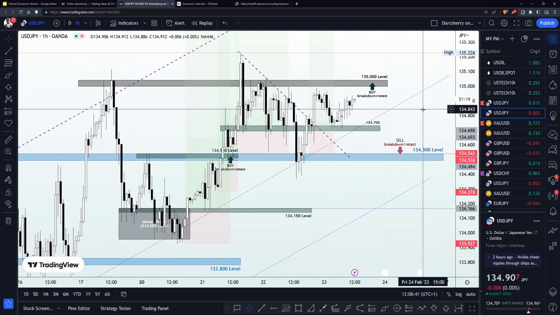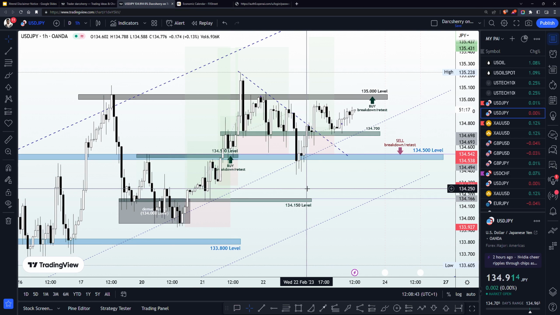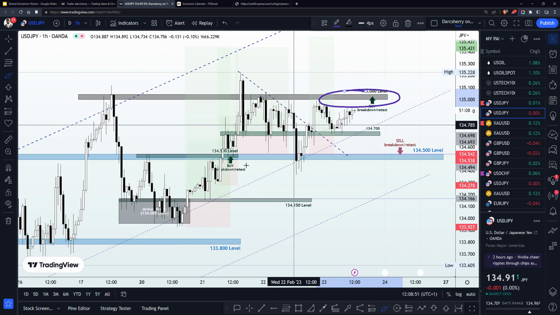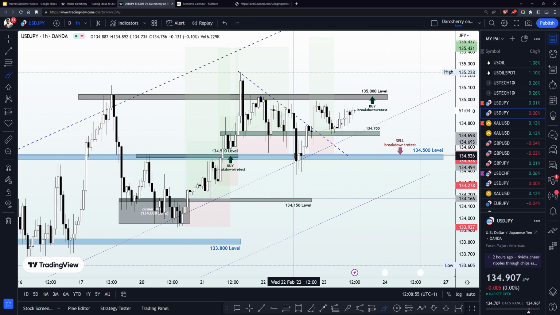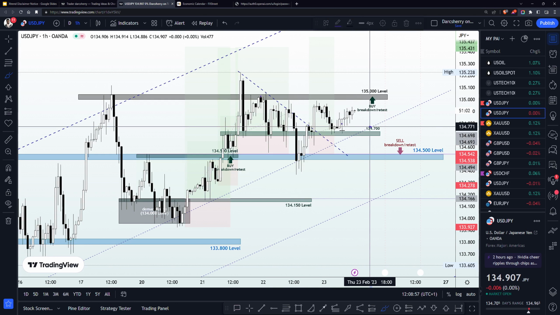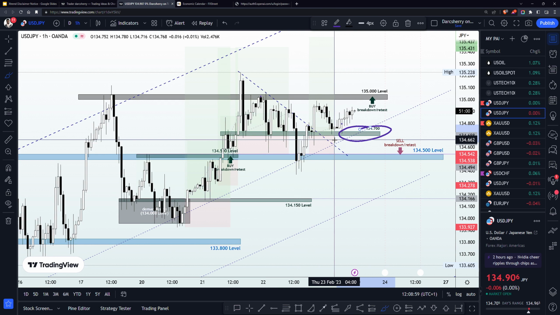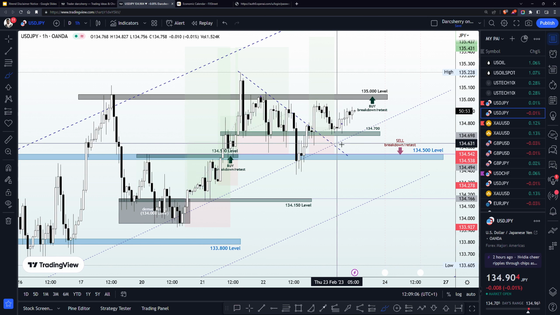So I hope you screenshot my screen so that you can use it as a reference point. But I am of the opinion that a breakout of the 135.00 level is very, very likely at this point. So I have a buy stop order right above that level. But if it so happens that a breakdown happens, then we should be flexible enough to switch our perspective as the market flows in that direction.